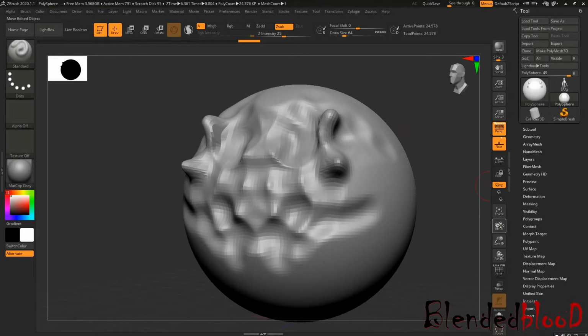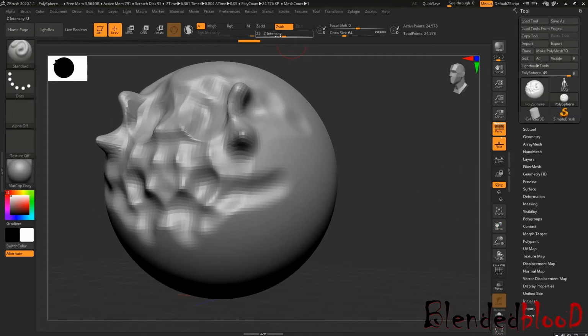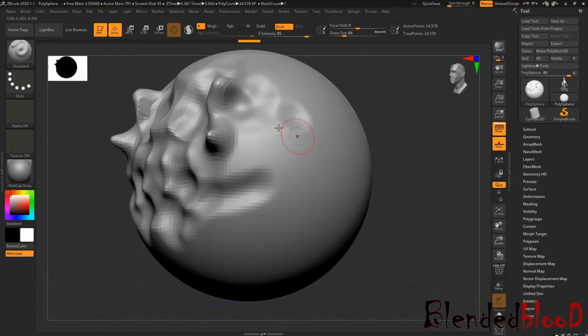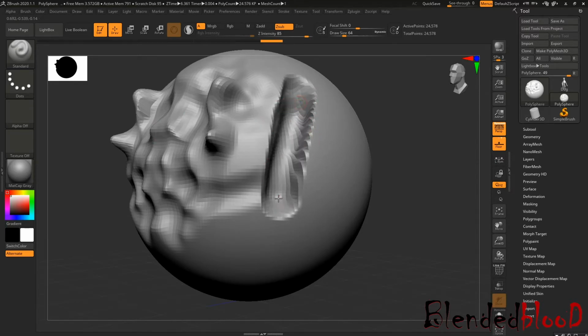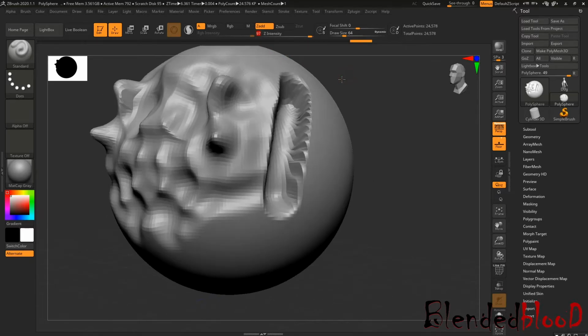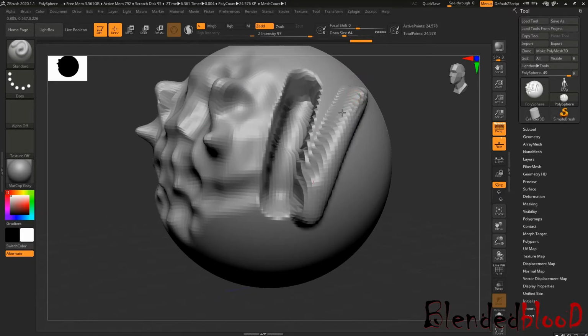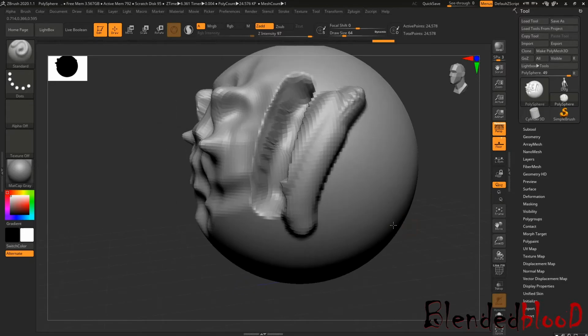Z Intensity, how will it work? If I drag to 100 or around 100, this will be very much opaque, a very hard kind of value. But if you decrease its intensity, this will work very lightly. Same for Z Add. If you drag around 100 and then draw with any brush, this will work like this.